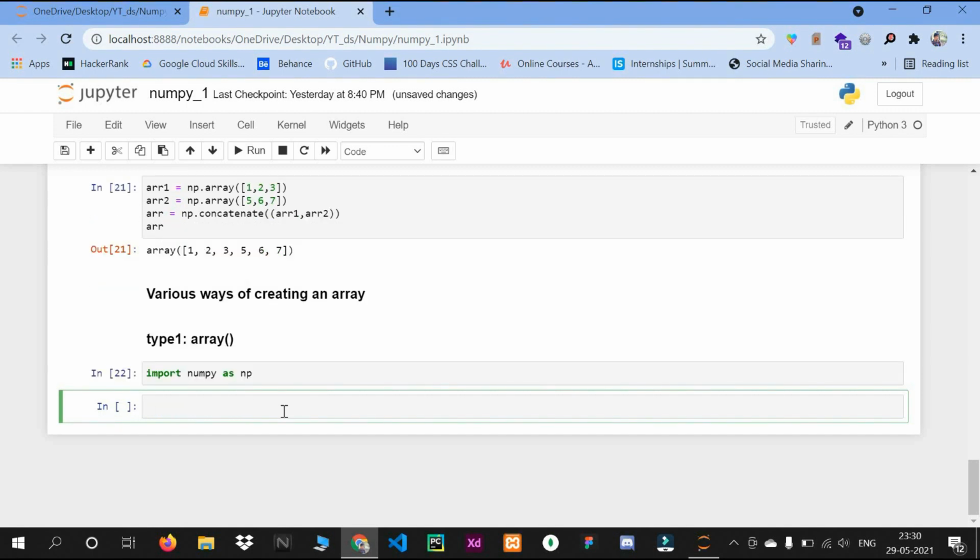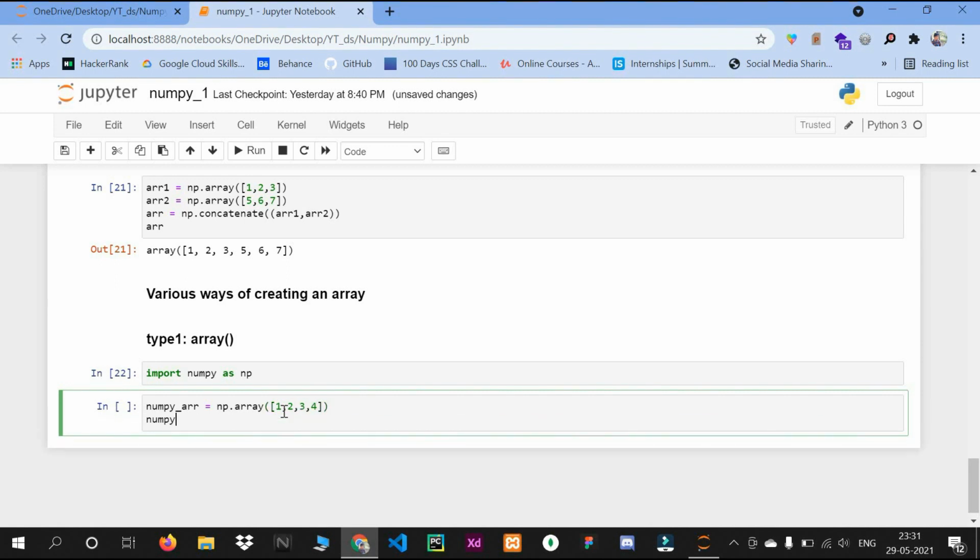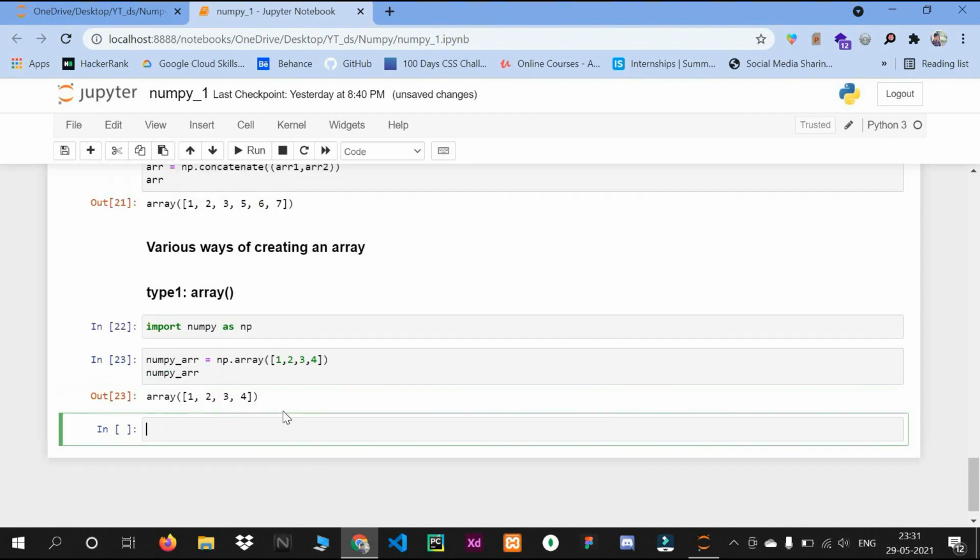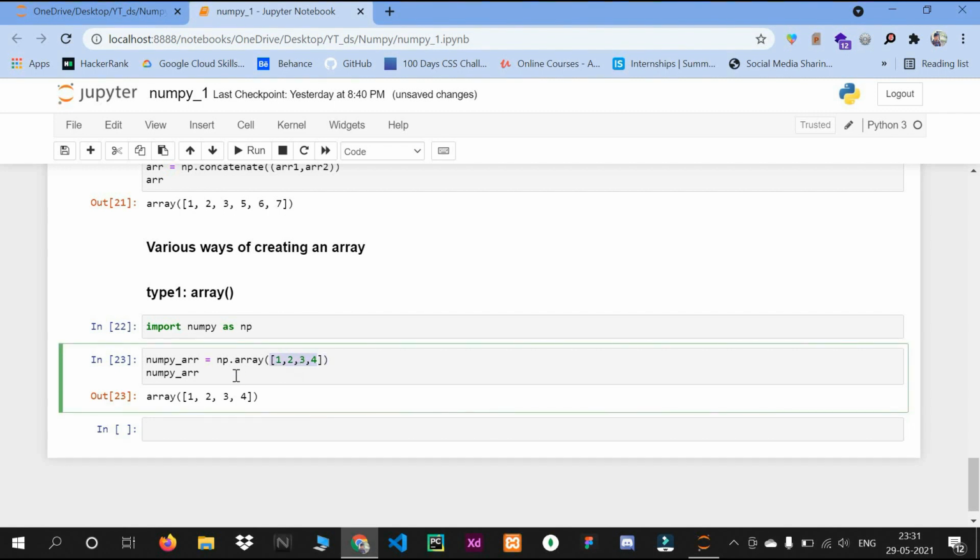Then I will take one variable and pass the np.array function, and in this we will pass one list. So this is a simple way to create an array. We pass one list and it creates an array.